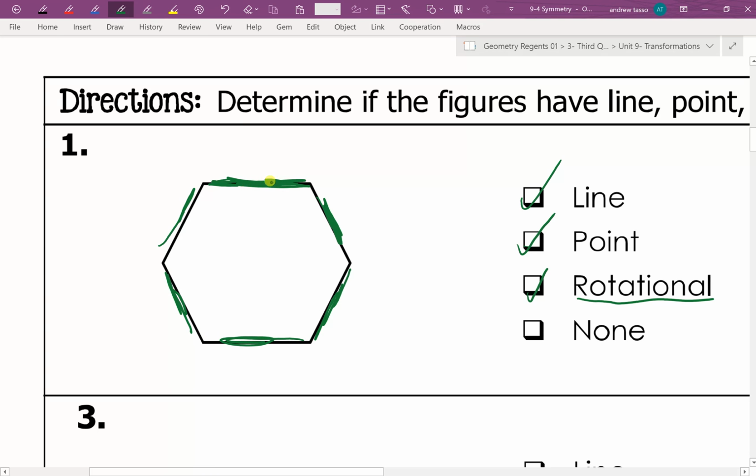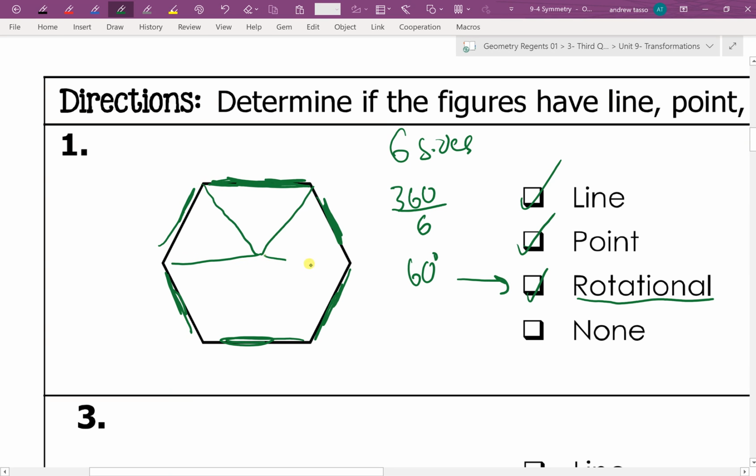And if you count the sides, 1, 2, 3, 4, 5, 6, there's 6 sides, so that's 6 repeating features. And so if we do our trick, which is 360 divided by that number, then you'll get the minimum number of degrees after which you'll get the same figure. So in this example,